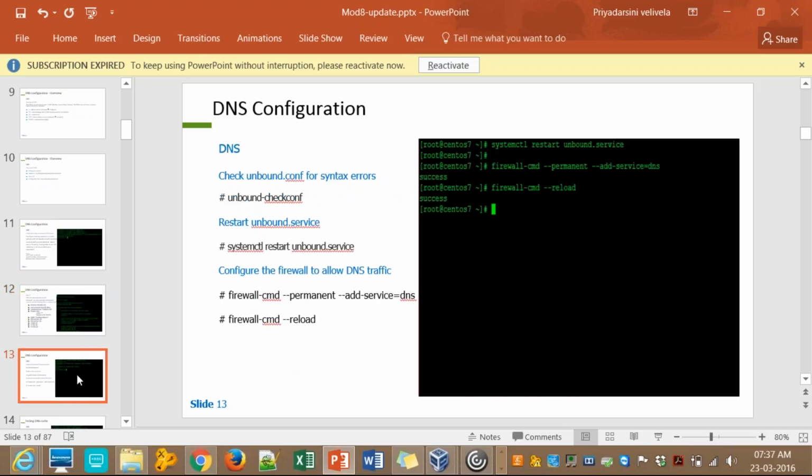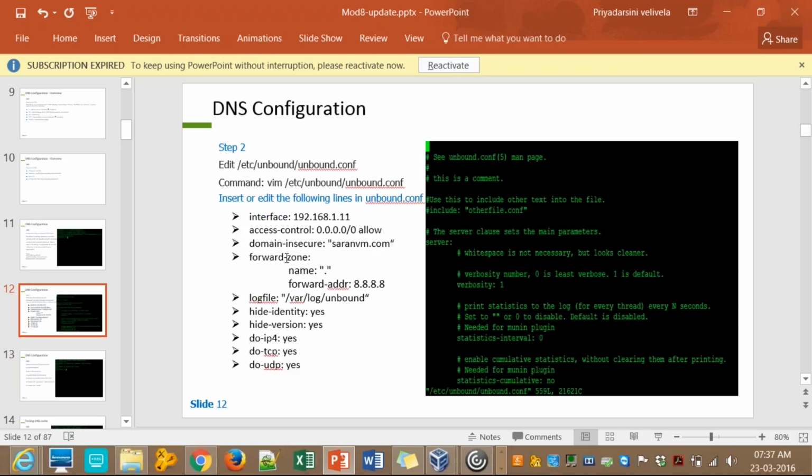So these are about 10 lines. This information is already present inside the configuration file. It will be commented. You have to remove the comments and make slight changes. Here 1.11 means this is the IP address of your system where you are configuring the DNS server. Okay, so access-control 0.0.0.0/0 allow means we are requesting to allow all the instances present in our network to query our DNS